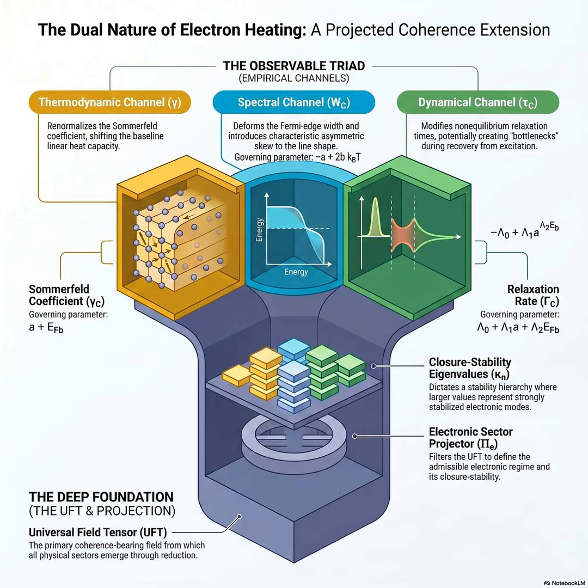That is the exact hurdle Lillian has to clear, and it transitions us perfectly into how he addresses the observational data. He knows the theory must leave a measurable footprint, so he targets the most fundamental low-energy observable we have, the thermodynamic channel, specifically the heat capacity. Okay, so we're back to the Sommerfeld coefficient. We're looking at how this new structural bias alters the way the metal absorbs heat.